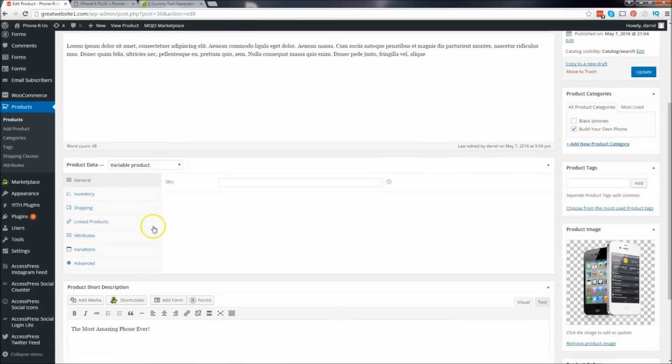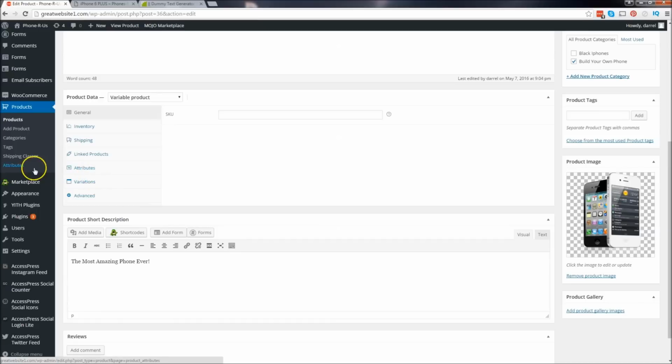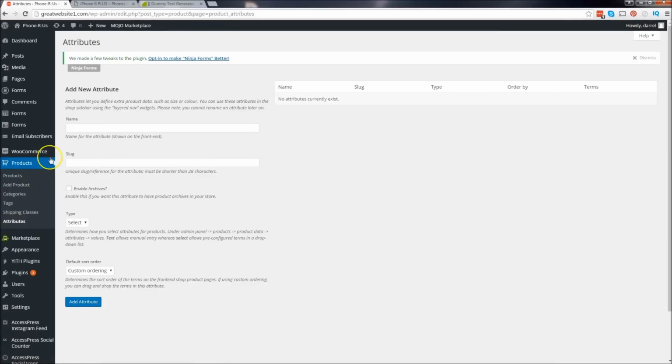All right, so now let's go ahead and go to our attributes tab. So right here under attributes, click on attributes. And let's go ahead and add a new attribute. So I'm going to go ahead and do color, and leave this unchecked. Now for type, you want to make sure this is under select, because text will actually allow them to manually text it, and we do not want them to do that. And go ahead and leave this under custom ordering and add attributes. So now we've added an attribute. So to go ahead and click on this color,